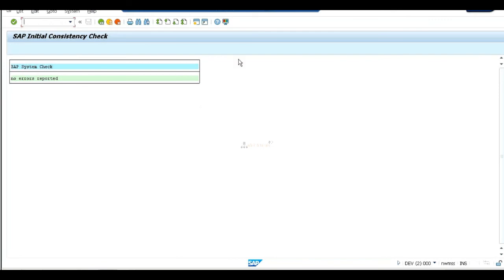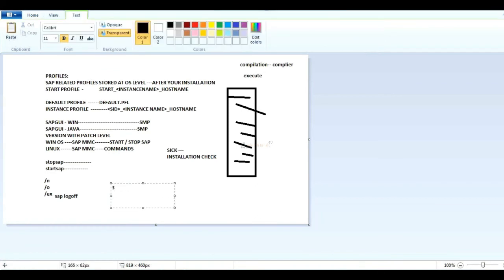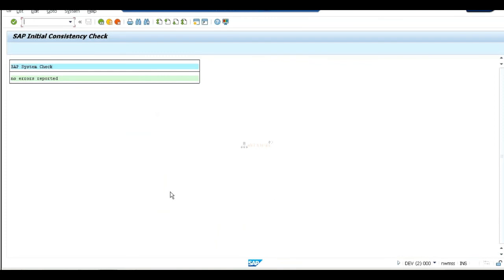Yeah. So to avoid this, there is one profile parameter that defines how many sessions I can open. You can maintain the profile parameter value. If you give a value of 3, I can have a maximum of 3 sessions only. If I try to open a fourth session, it will not open. It will say the session limit is reached, and a pop-up message will appear. Got my point?